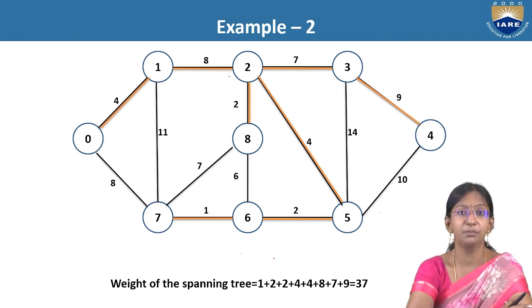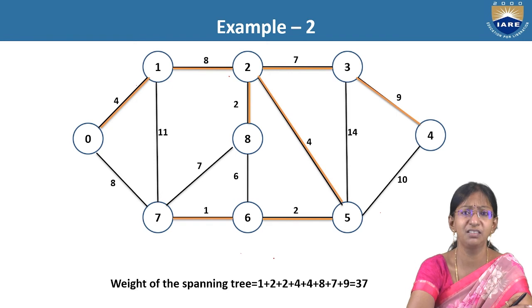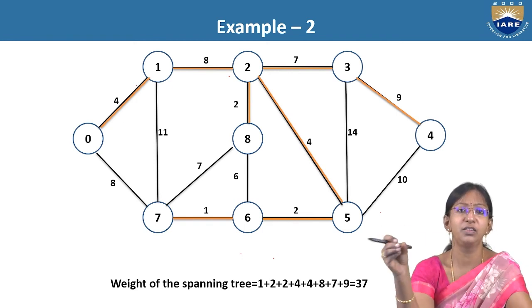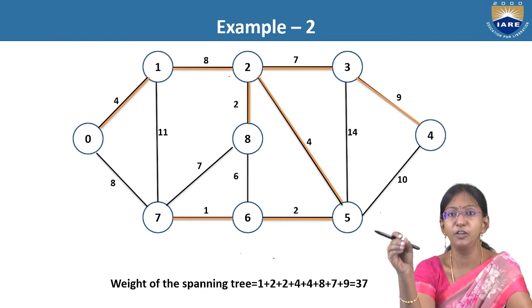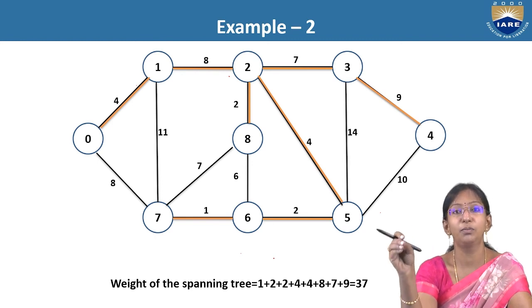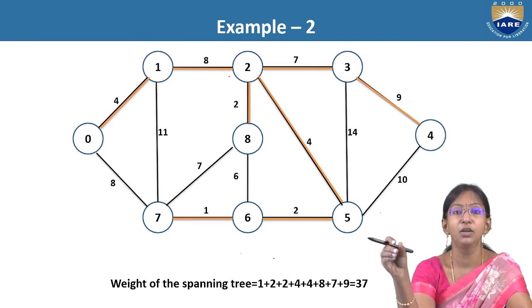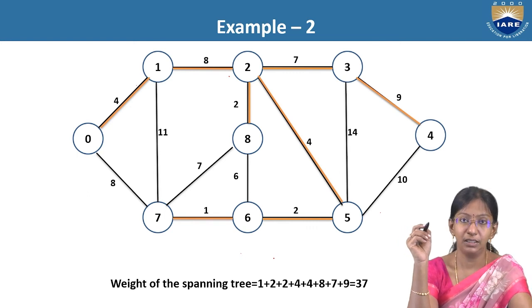So Prim's algorithm is a greedy algorithm. I hope you understood by now why I called it a greedy algorithm. It is a greedy algorithm because at every step, it was so critically selecting which least weighted edge I need to select so that it does not form a cycle also, right? So that's why Prim's algorithm is known as a greedy algorithm, and it has advantages when